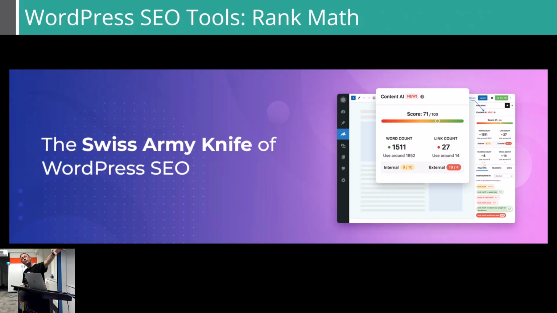In general, all 3 are the same. So when you're writing content, you put in what's called a focus keyword, which is your primary SEO keyword that you want to rank for. And when you're writing your content, you'll get an analysis report and it'll tell you how good you are out of a score of 0 to 100. That's their scale as to how good you think that content is. You aim to try and get it as close to 100 as possible, which is your best possible chance of Google picking it up for SEO. It's not going to mean it is. It's just a guide to help you write.